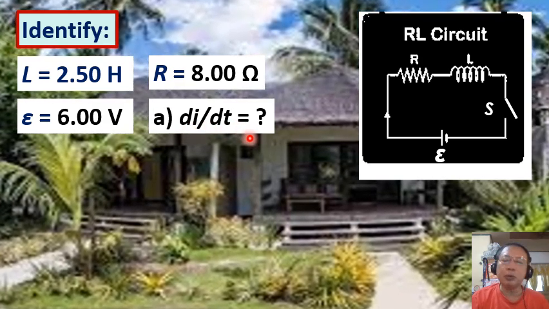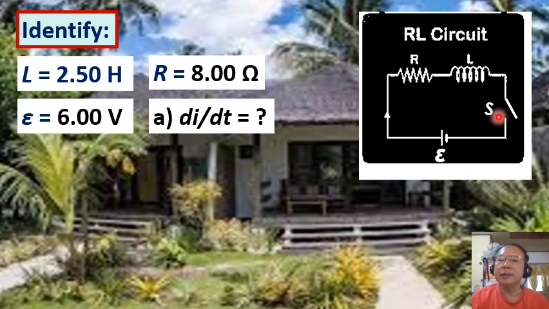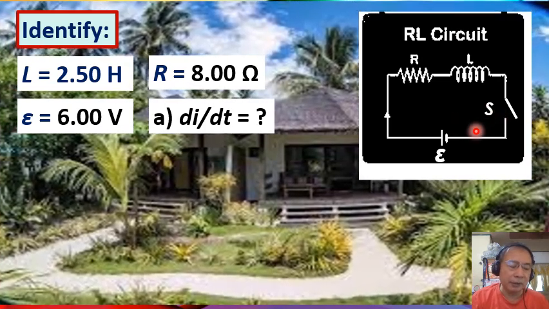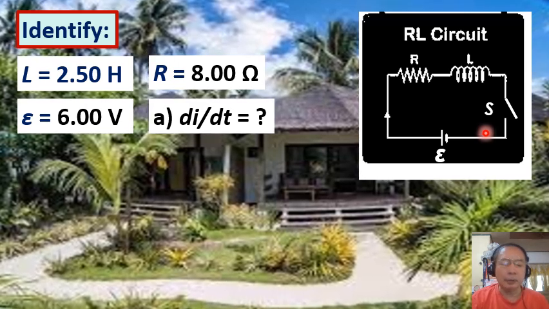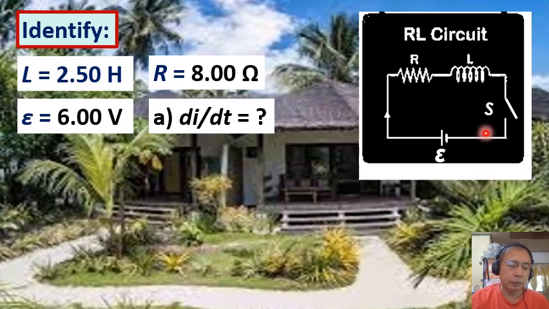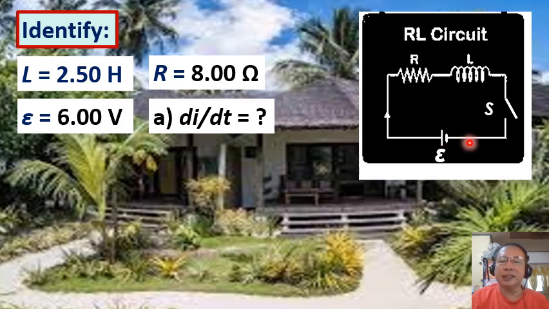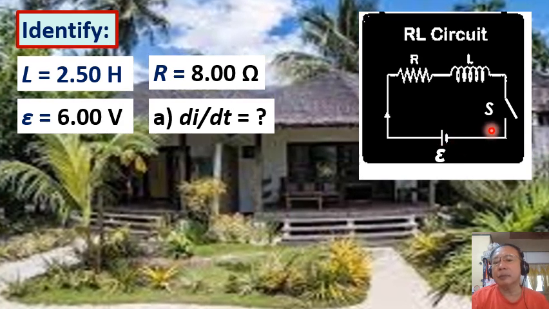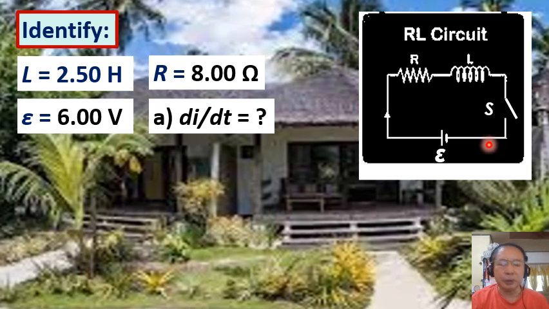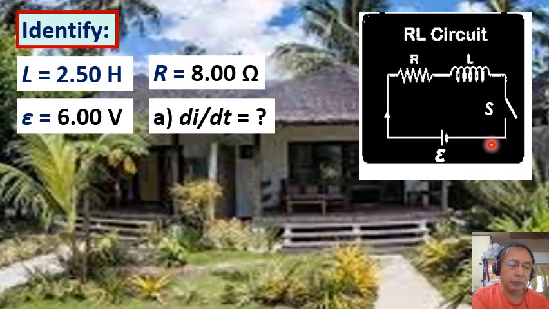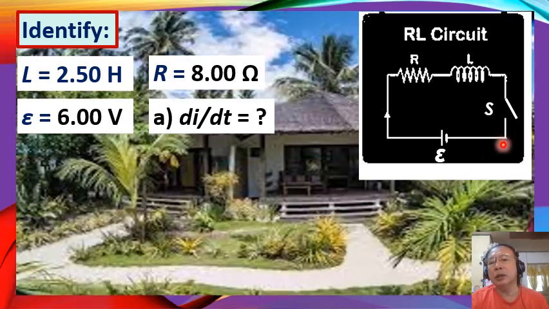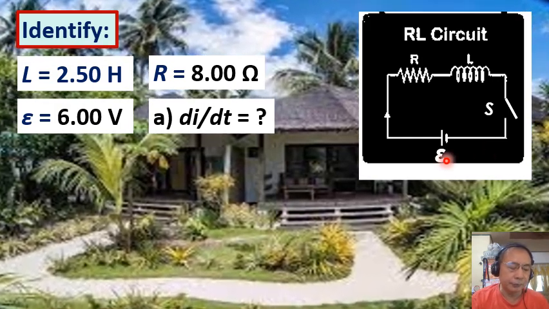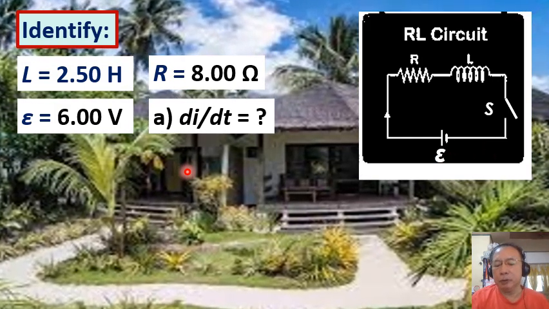This means as the switch S is closed, we want to know how fast the current is increasing at time equals 0. Now, it is understood that the current at time 0 is equal to 0. But it is going to increase to a steady state value. Now, in question letter B,